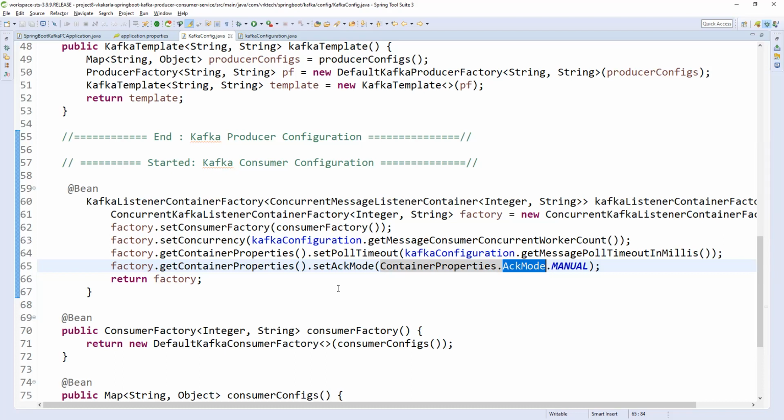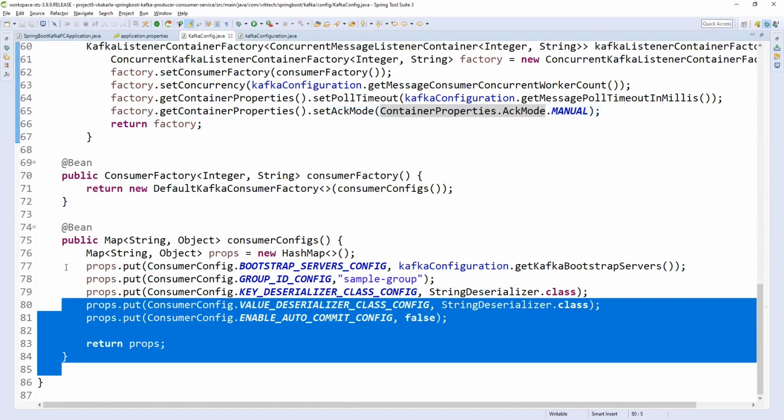In a consumer class, in your consumer component, once you read the message, and once you send that message to the database, or send the message to the external gateway, and you get a success response, only then can you acknowledge. Otherwise it will stay the same. That is what we are adding here, acknowledge mode.